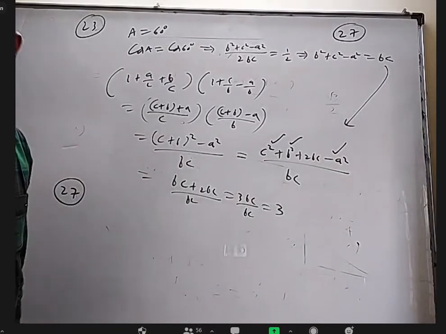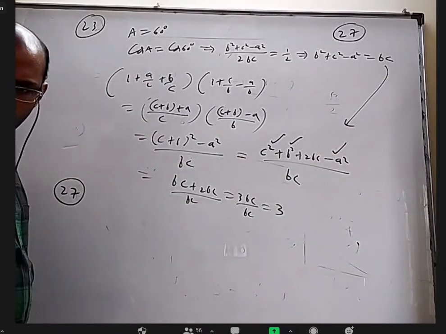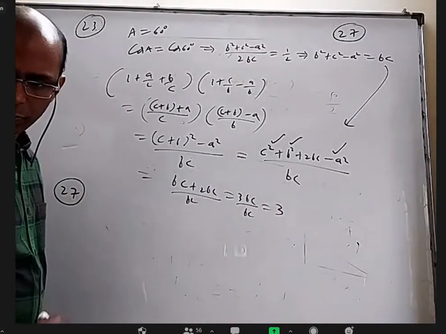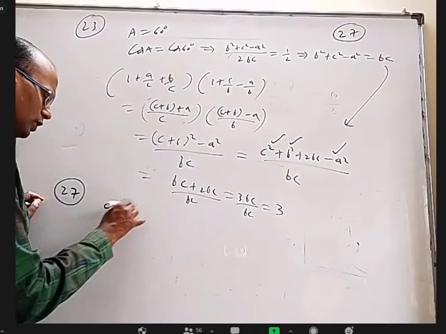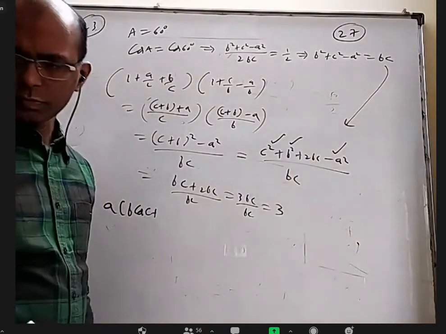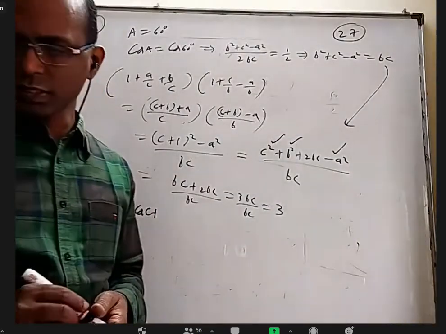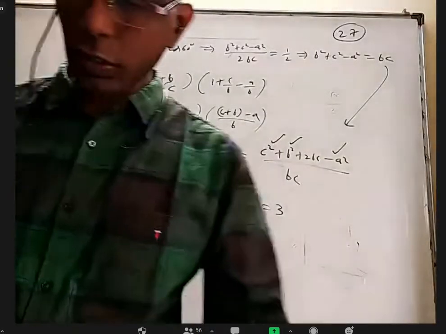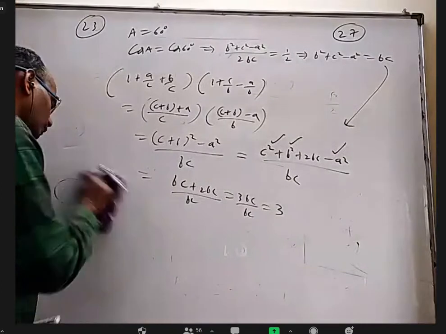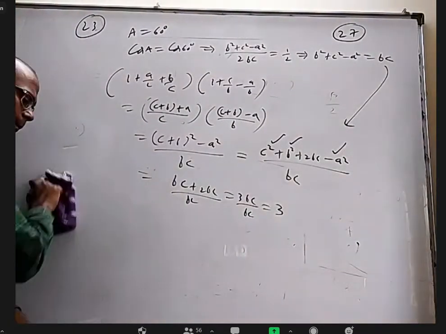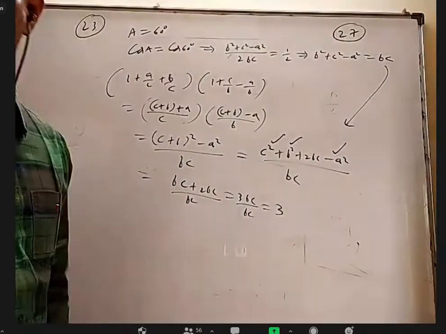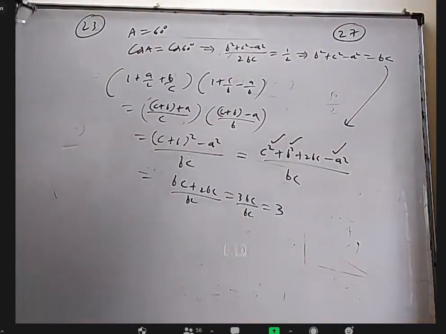27 also quite simple question. They want us to find A cos C plus A into B cos C plus C cos B. Of course, directly we have a projection rule, it is A square. I apply cosine rule, it will come. 27, if somebody completes it, it's okay, otherwise we'll do later. There's a reason I said we'll do later, even though it's a simple question.